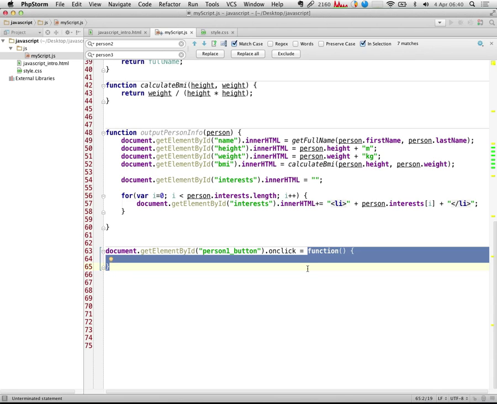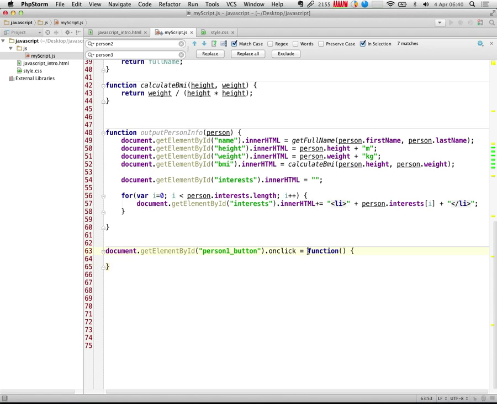So just like we can call our function outputPersonInfo multiple times, we declare this as a function because a click event is expected to happen any number of times. It might never happen, it might happen once, it might happen 100 times. So any event handler is always going to be assigned a value of a function. This function has no name, it's called an anonymous function, but that's still the way we have to write it. So what I want this function to do is, when I click button 1, I want it to call this function here, outputPersonInfo,